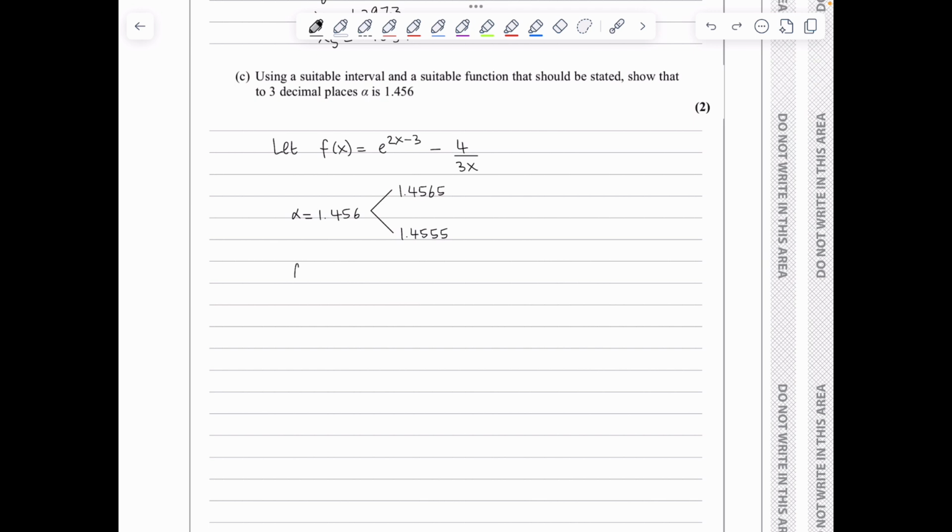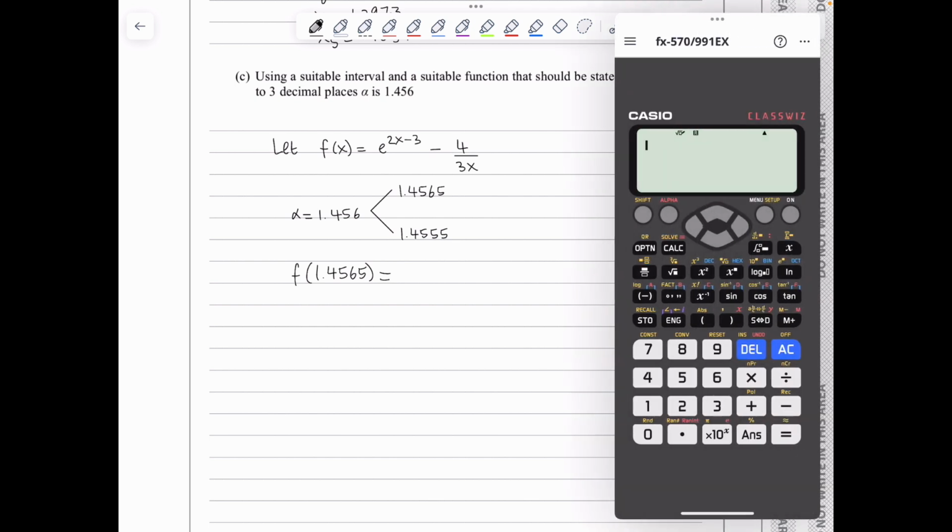So I need to evaluate f of 1.4565 first. So I'm going to my calculator. I press 1.4565 and I store it on my answer key. And then I will do e to the 2 ans minus 3 minus 4 over 3 ans. I press the equal sign and I get an answer of 0.00124,